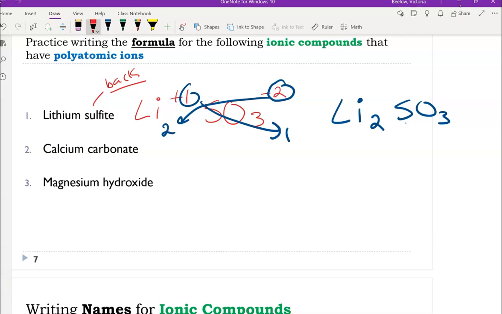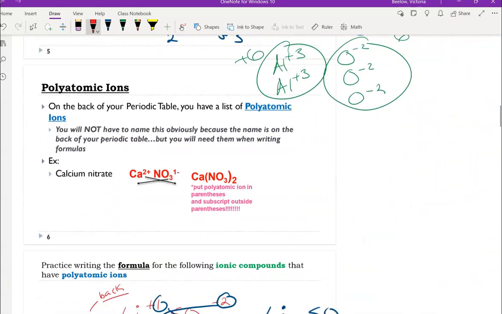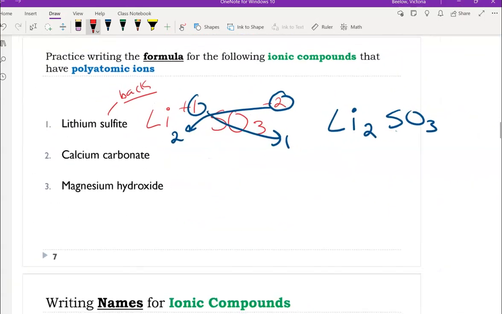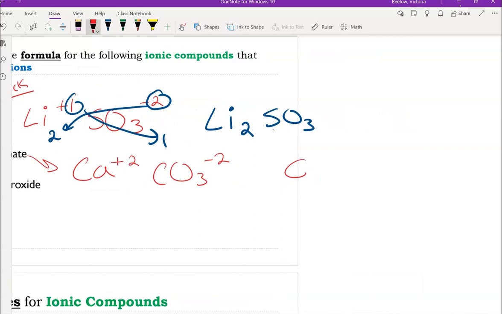And then number 2 here is very similar to number 2 up here, where we are going to simplify. So we have calcium, which has a charge of +2, and then carbonate, that is on the back of your periodic table, which is CO3 -2. Now, if we did our crisscross method, 2,